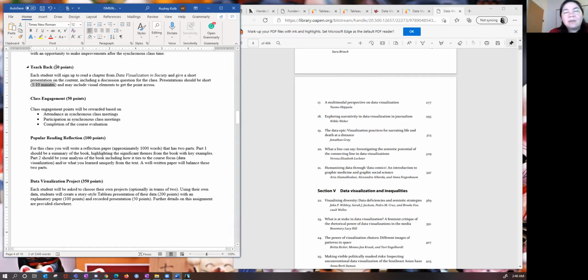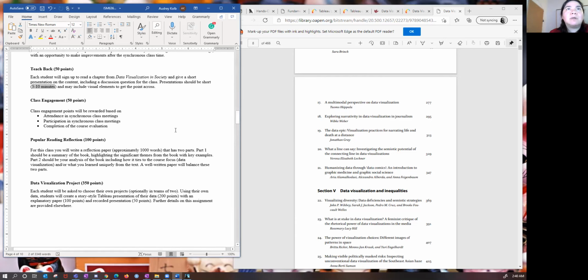The weight of this is the weight of 2 homework assignments or 2 quizzes. So it's not like a huge portion of your grade. It's the same as class engagement, but it's not to be ignored. And it's just a really good opportunity to engage with thinking about how data visualization, data viz, is important in society and more than just your one job that you might be using it for.